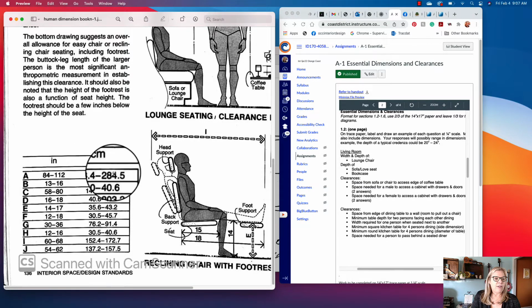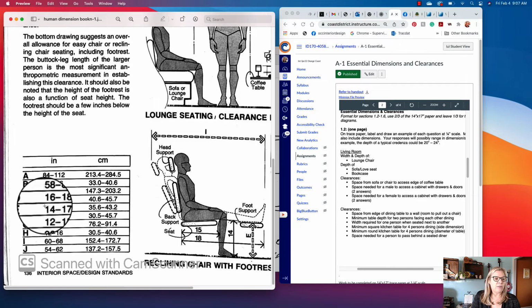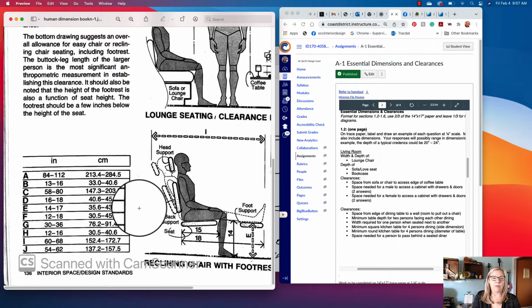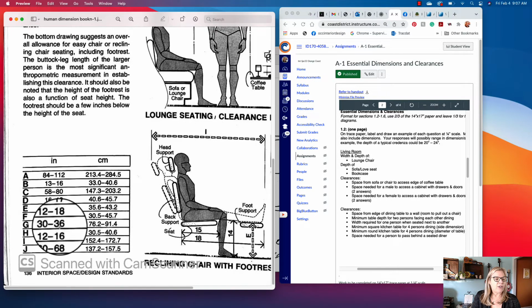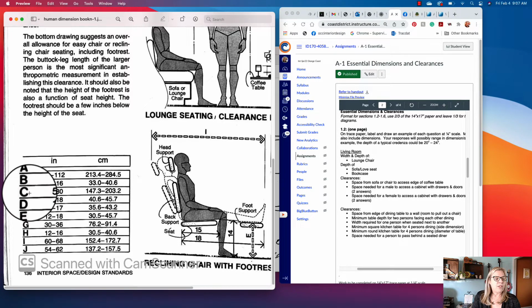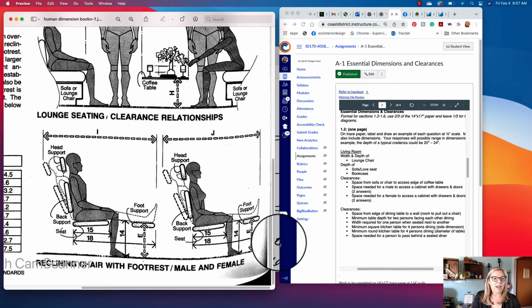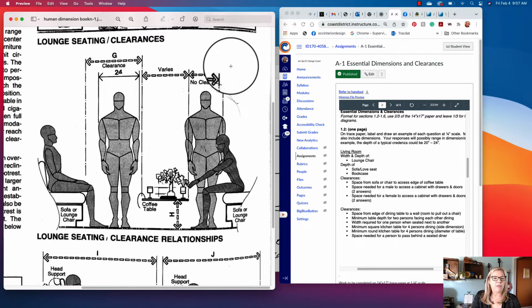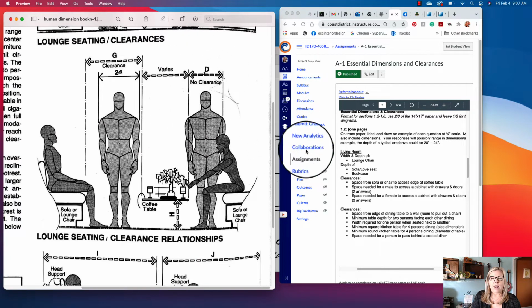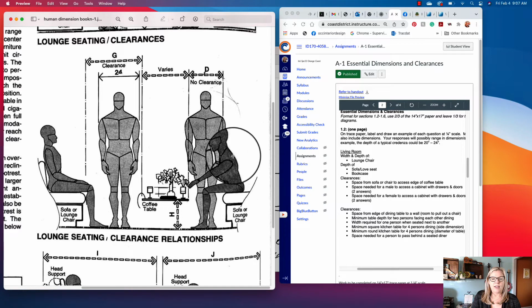They do have inches and centimeters. Sometimes we have students that are converting, so maybe this will help get used to our imperial measuring system. If I look at G, I can see I've got a range of 30 to 36. So that's the minimum I would need to have the space for the person to walk by. And for C, actually it was D. For D, I have 16 to 18 inches. So going back up to that chart for just that reach range,